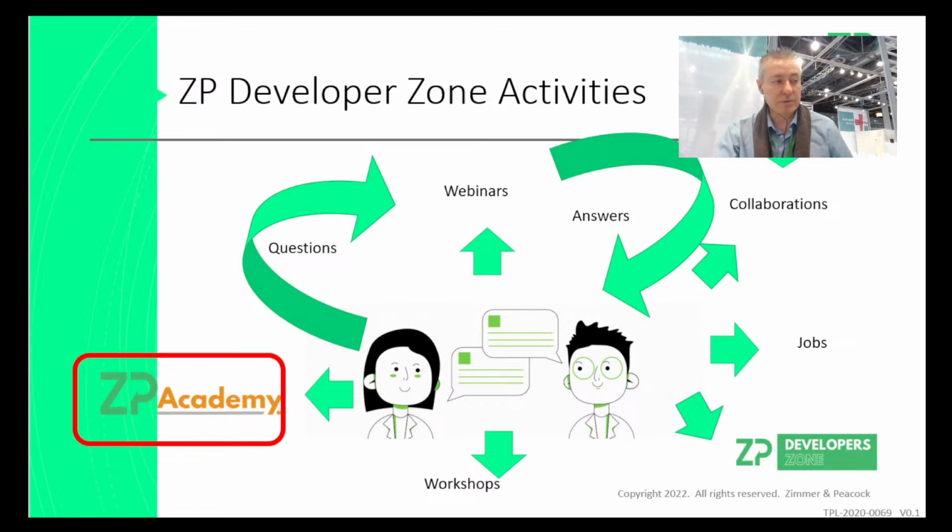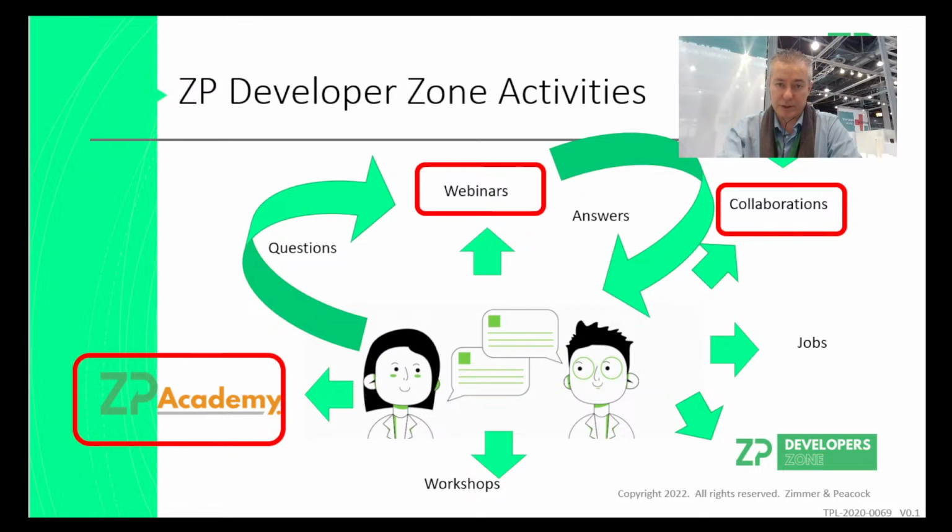Any questions for Zimmer and Peacock when it comes to technical topics: there are two free courses on the ZP Academy, one on electrochemical methods for biosensor developers, and I think one introduction to electrochemistry. We do these webinars every week. We try to support the biosensor community through these webinars where we answer questions. We do have collaborations. Some of our interactions with the community I would describe more as collaborations because they're quite ongoing. We do post jobs.